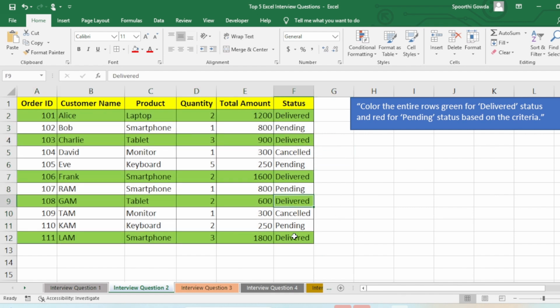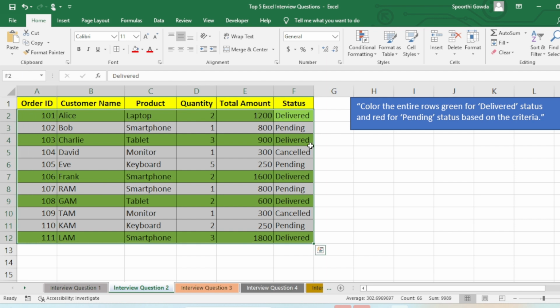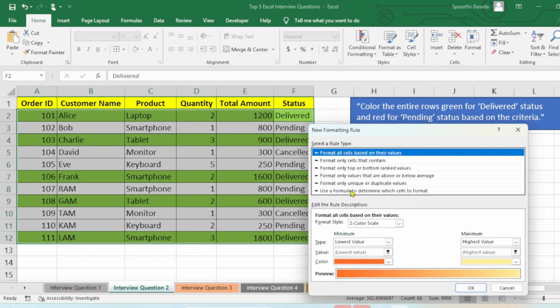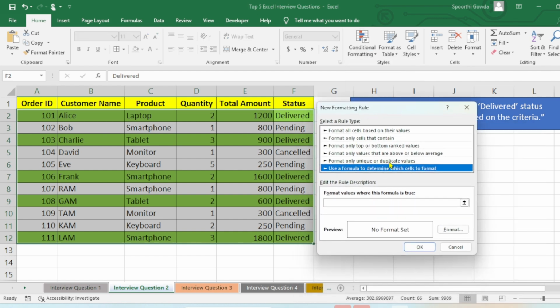So wherever it says status as delivered, that row has been highlighted in green. So I'm going to select the range again. We need to do the same for the pending part. Go to Home, Conditional Formatting, New Rule. Go to Use a formula to determine which cells to format. Same thing, equals